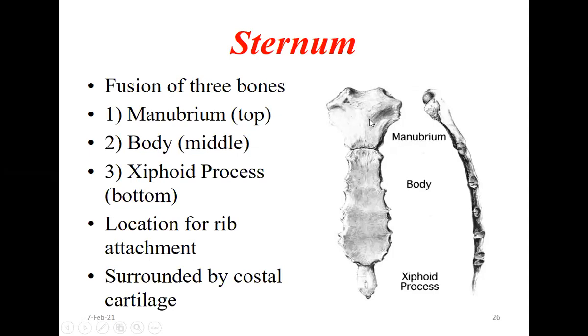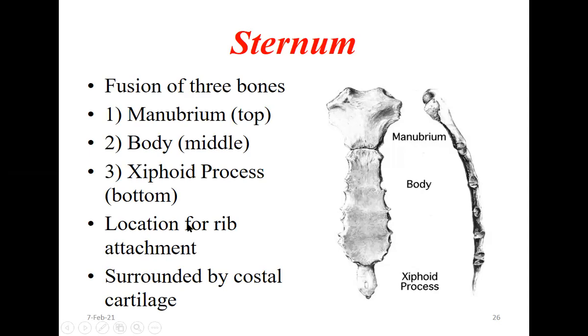So this is the front view. This is from the side. If you see from the side, these are the sides where the ribs are attached. Here the ribs are attached. So this is how it looks from the side view. This is the front view of the sternum. So it has three parts: manubrium, body, and the xiphoid process. You should practice these names. The names are a little difficult initially, so you have to practice them so that it becomes easy for you. Okay. So the sternum has three parts: the manubrium, the body, and the xiphoid process.